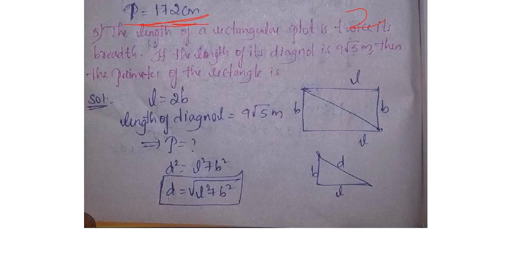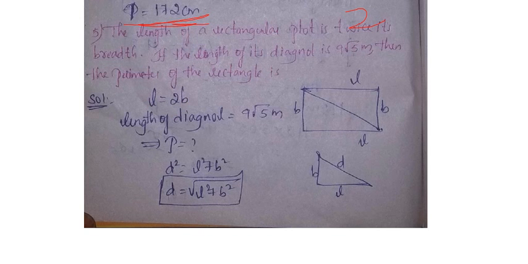They have given the length of the rectangular plot is twice its breadth. So can I write length is equal to twice its breadth? So 2 into B, because twice its breadth means 2 into B. If they had given thrice its breadth, I would write 3 into B. So L equal to 2B, that is length is equal to twice, 2 times its breadth. This is our first equation, framed from the first point.